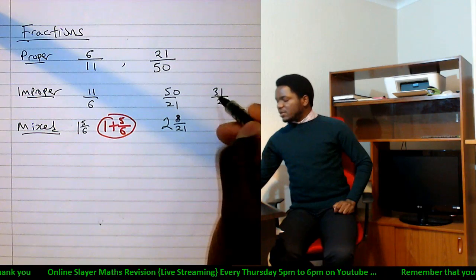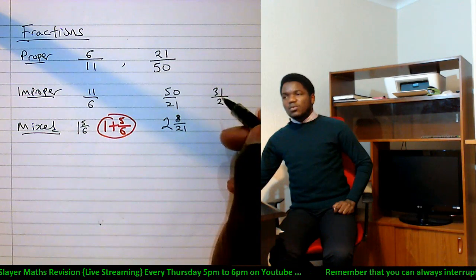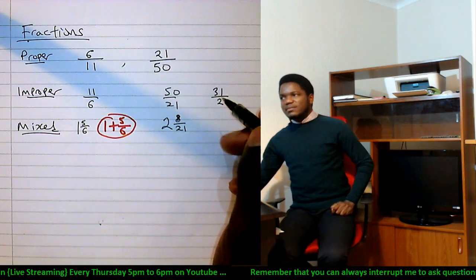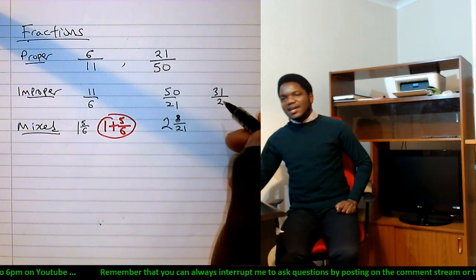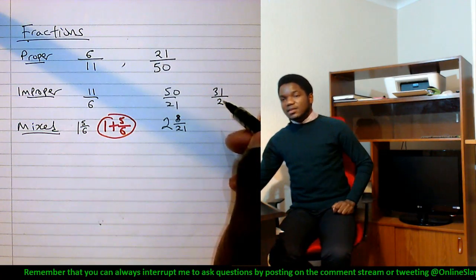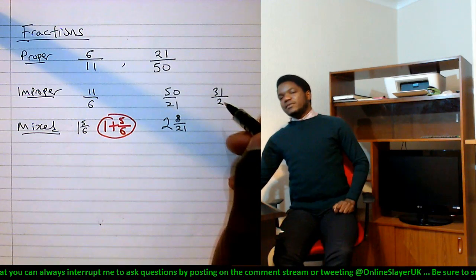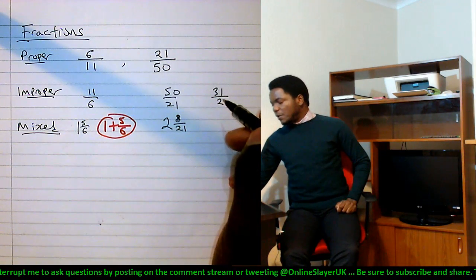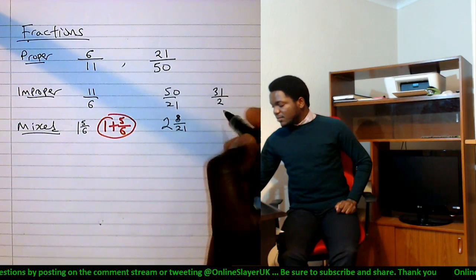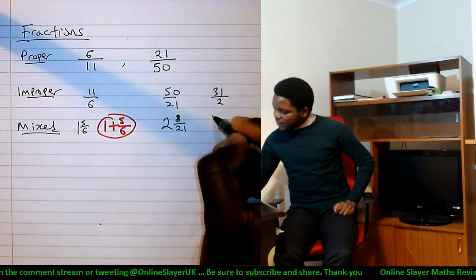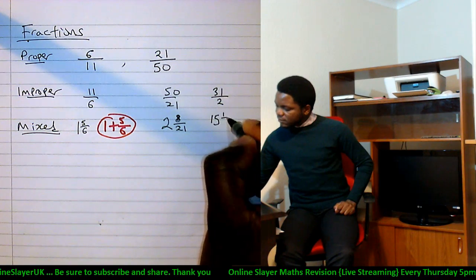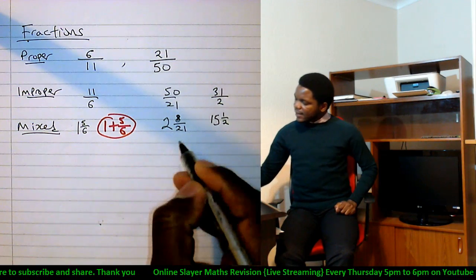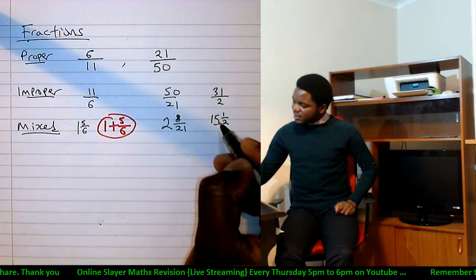How many 2s do you have in 31? Well, 2 times 1, 2, 2 times 2, 4, 2 times 3, 6, 2 times 4. Keep going. You realize that 2 times 15 is 30. So you've got 15 2s in 31, because that gives you 30, but you're left with a remainder of 1. So that's just 15 whole number, 1 over 2. Take note, like I said before, this is going to be 15 plus